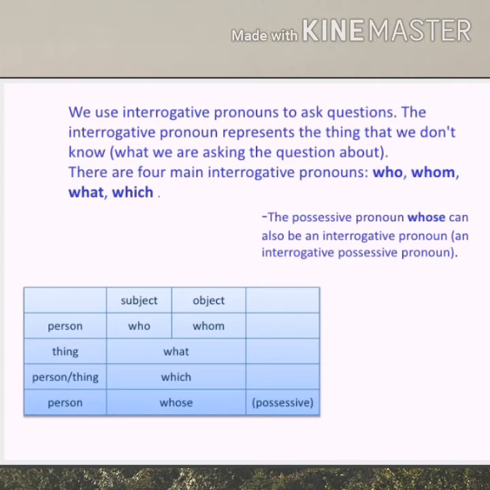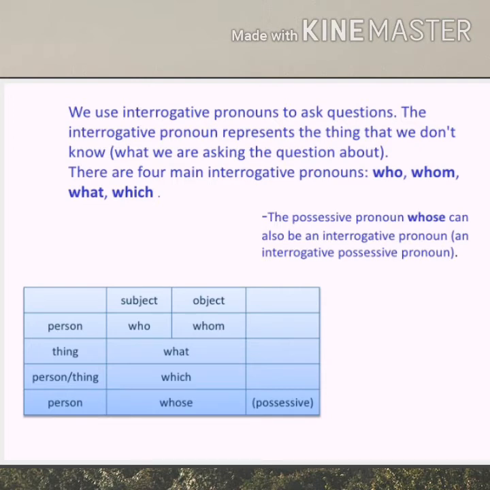The possessive pronoun whose can also be an interrogative pronoun, an interrogative possessive pronoun. Here, persons, things, subject or object are given.